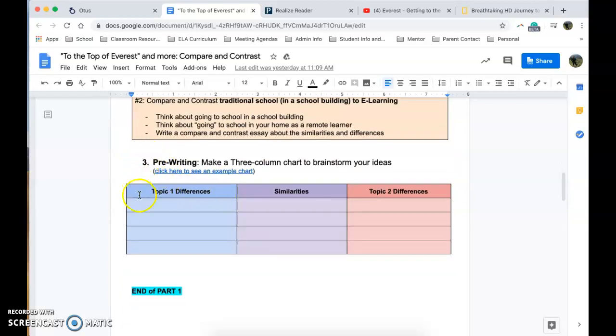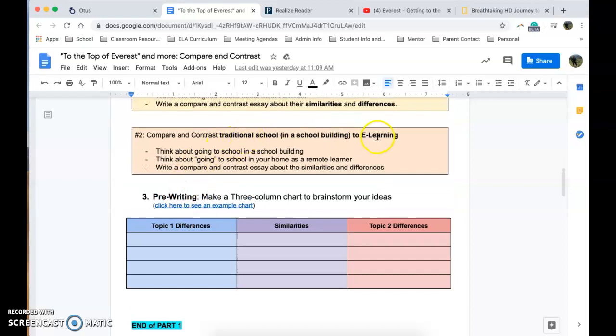And then your last thing that you need to do today is to do some pre-writing brainstorming. So let's say you pick traditional school versus e-learning. Then you would change this to traditional school, right? And you would change this to e-learning. And you would say, what are the differences between e-learning and traditional school? You could say, here I'm in my room, and in traditional school you'd be at school, in classrooms,